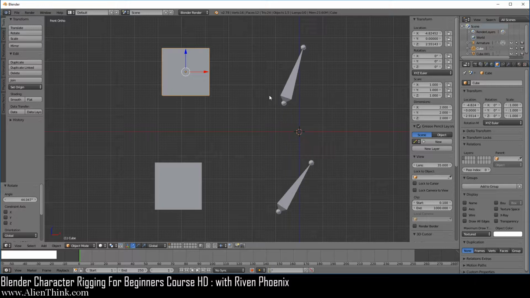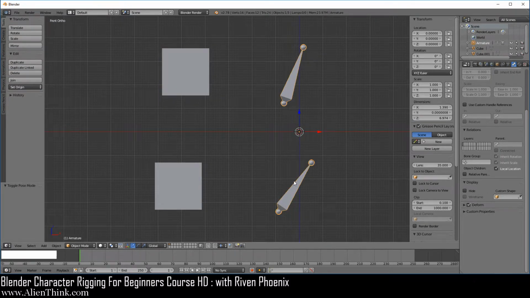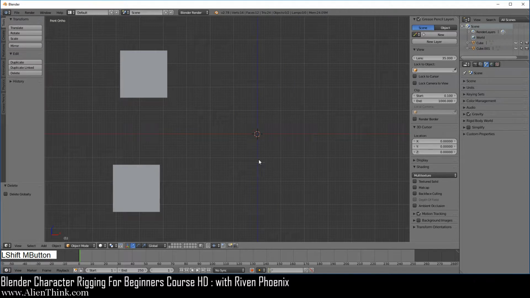How does that work? Now, we're not going to use the armature for this because that's going to work on the object level. So you can use the armature if you want, but it really doesn't matter over here. So I'm just going to click on the armature and delete it, meaning that this is the object level, right? X and just delete it. It'll be easier to understand it with another object.